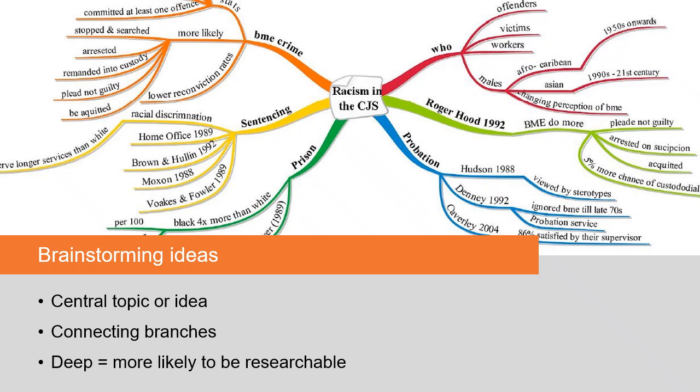First, put your central topic in the middle. Think of keywords or questions related to your topic and start adding branches to your mind map, showing the connections between ideas. In this example, we can see there are 6 branches from the central topic, plus several branches and sub-branches on each of the main branches. If your mind map is shallow, then there might not be enough for this topic to be researchable. But if you have deeper networks of branches, like in this example, then there are probably enough sub-questions and subtopics for the topic as a whole to be viable.